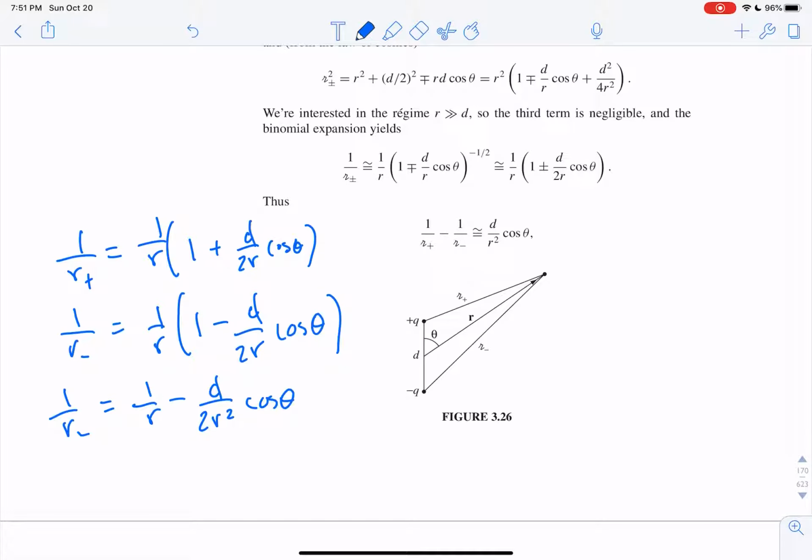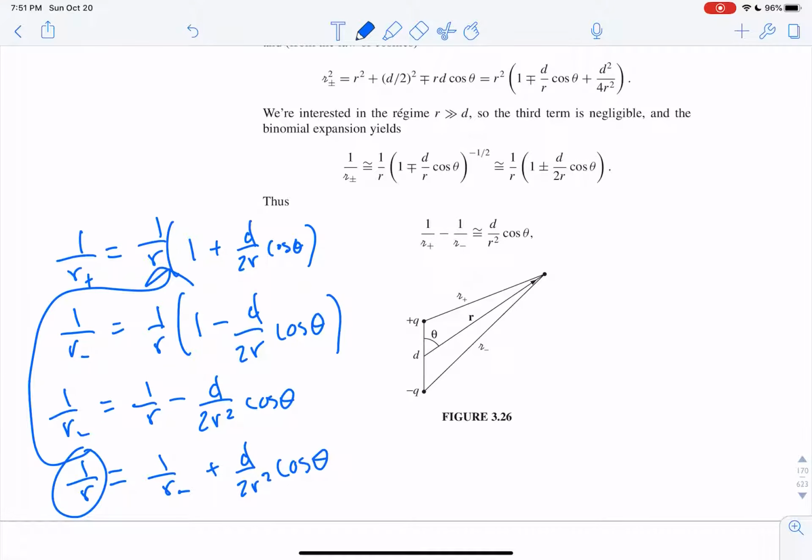And so then you get that 1 over r is equal to 1 over r minus plus d over 2r squared cosine theta. Okay, and then you have what 1 over r is, and you can go back to this expression, plug that in for 1 over r, and then you can get that 1 over r plus is equal to 1 over r minus plus d over 2r squared cosine theta times all this stuff, and then you can do another substitution and keep going and simplifying that to an even simpler problem,